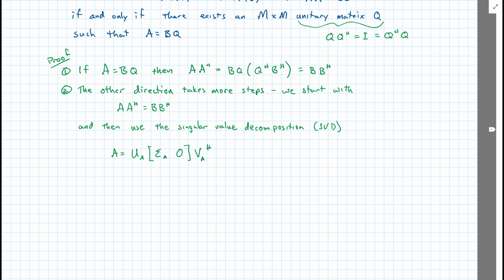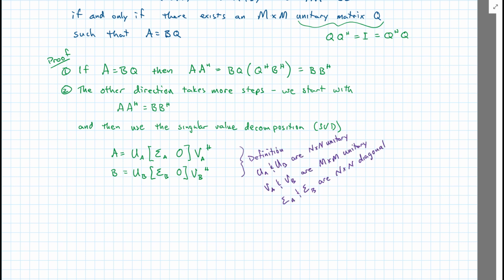so sigma A will be n by n. Since m is larger, we'll have an n by m minus n zero matrix. And of course we have something similar for B. These will be